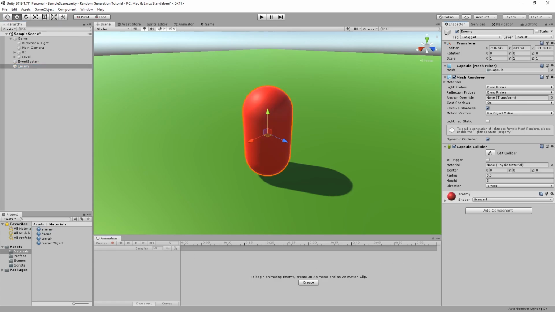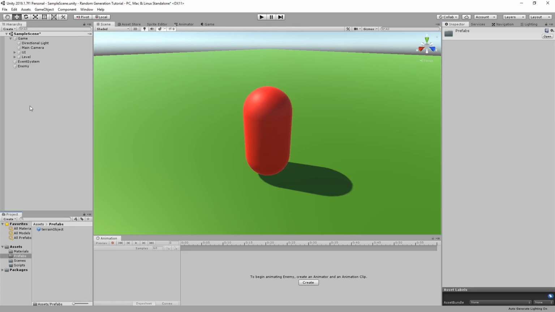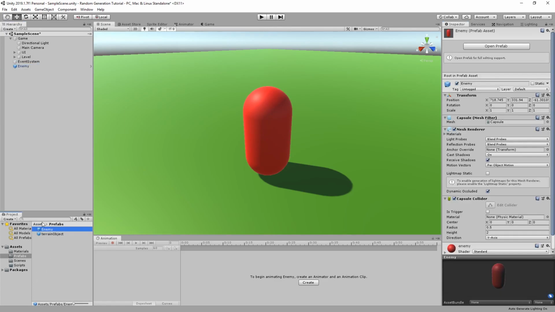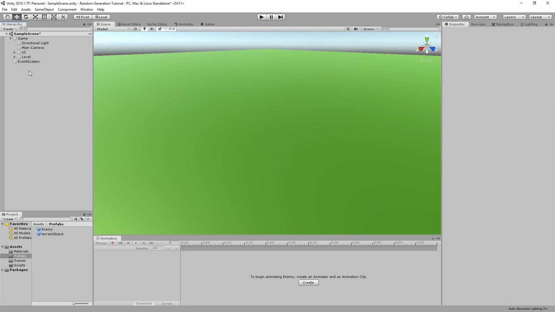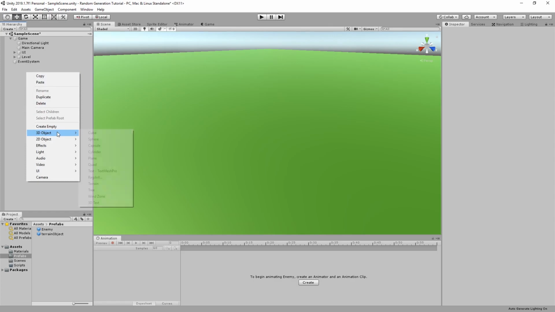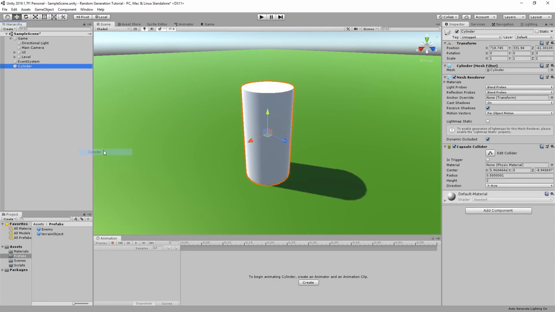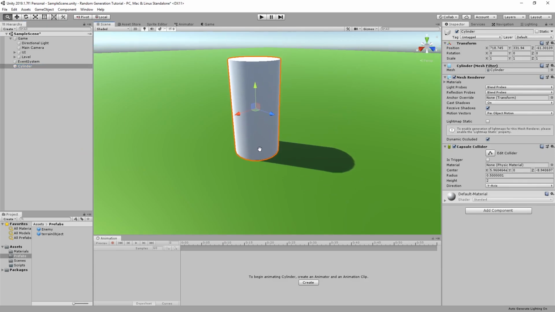Right, so now I've got a red capsule, and we can again go back into prefabs and make this a prefab. Delete that from our scene, and let's create the next one. So it's going to be our friend. So 3D object, I want to use a cylinder for this one. You'll see it's already nicely aligned to our terrain there. I'm going to rename this friend,